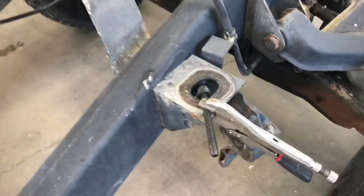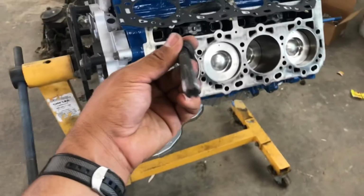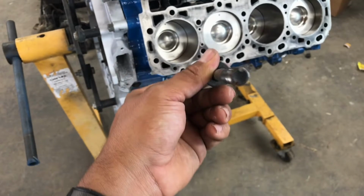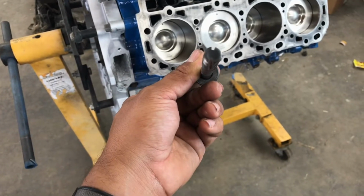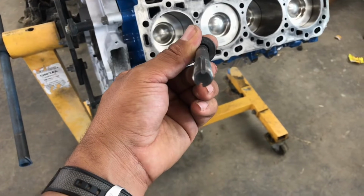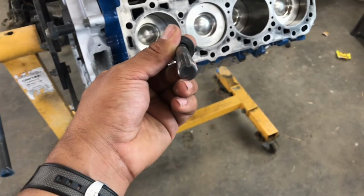So let me show you guys how it looks. All right, so this is the finished product. This is what it should look like. As you can see, I went ahead and cut the slot right there. You see right there? See how deep that is? I mean, not too deep, but you want it enough so it can catch all the stuff